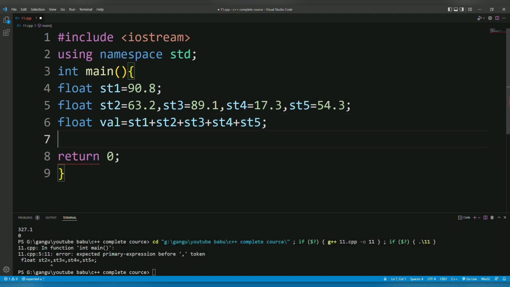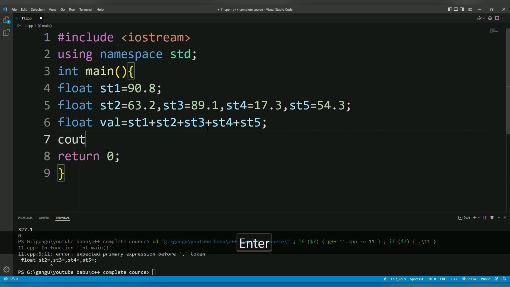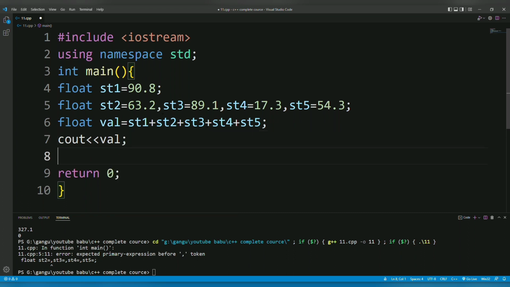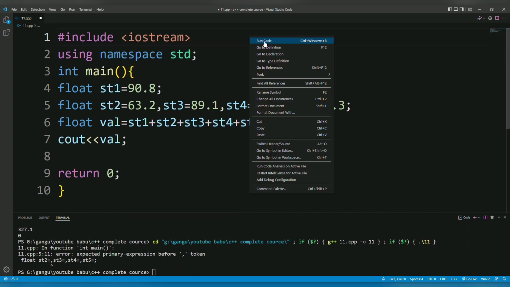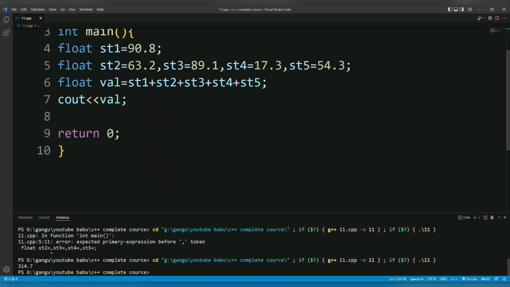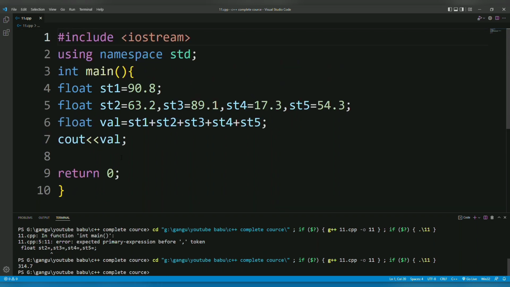I will do it like this, and in the last I will print with cout, where val is the addition value of this. So when I run this code, you can see here 314.7 is the answer. So this is how I can do this. But if you have to do this with an array,